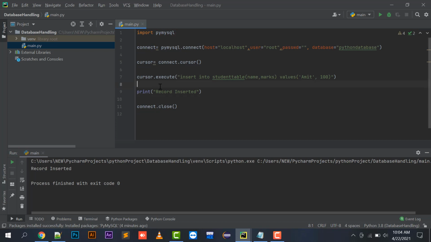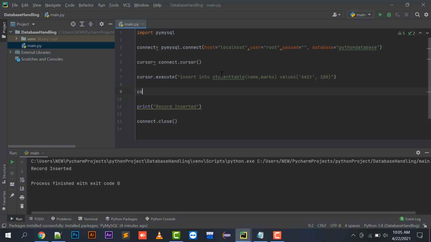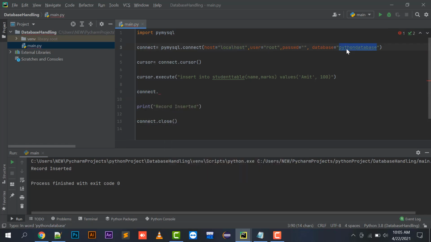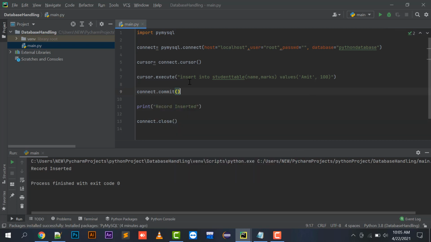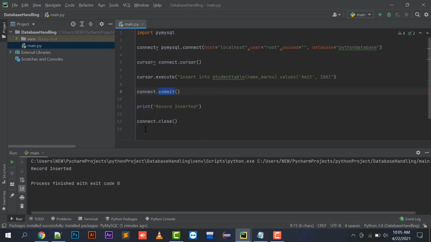The main reason for that is that after executing the query, like after executing the insert into student table statement, you have to call one another method with the help of the connect object, because connection has your reference to the database. So connect dot commit. Connect dot commit will force this query to run into your database. So if I add connect dot commit and run main now,